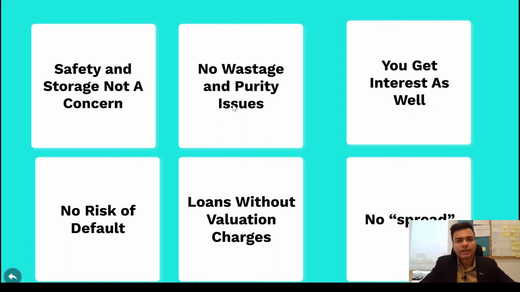So if you earn 10%, say over 3, 4 or 5 years, and then the shop owner deducts say 3%, he cuts 3% value from your gold, then you lose 3%, right? Then your net return is just 7%. But that's not the case with sovereign gold bond. You get the purest form of gold available, and there is no physical gold involved. It's just paper. So there is no question of spread. So let us look at some other points.